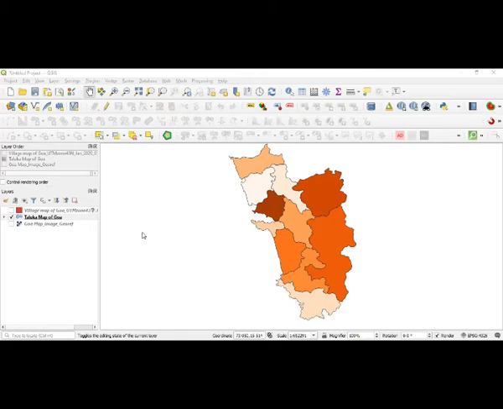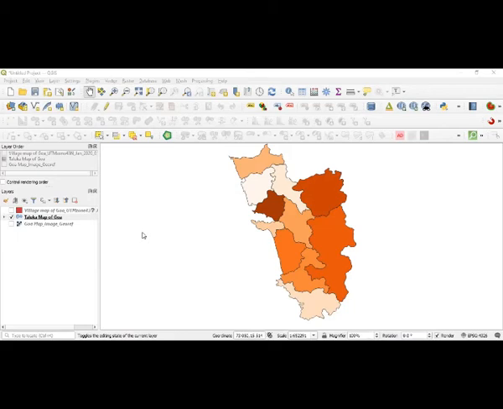If you want to work out the sex ratio, you know the formula, because the sex ratio talks about what? Number of females per 1,000 males. So how you are supposed to work out that formula, you have to apply in the advanced features. Then the advanced filter is going to be there. There you are supposed to work it out.